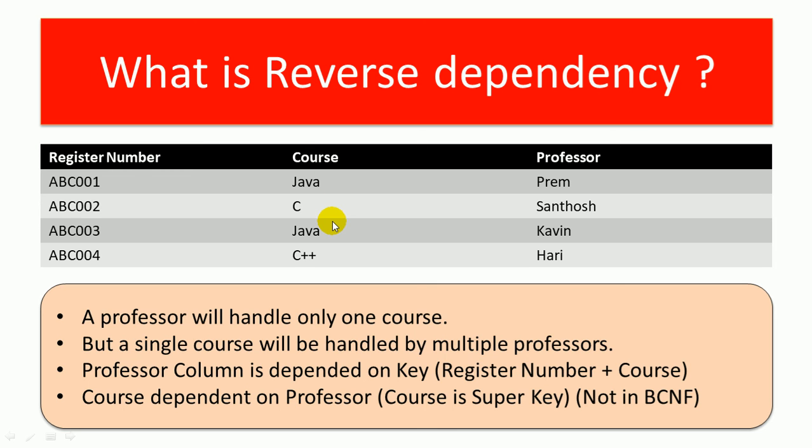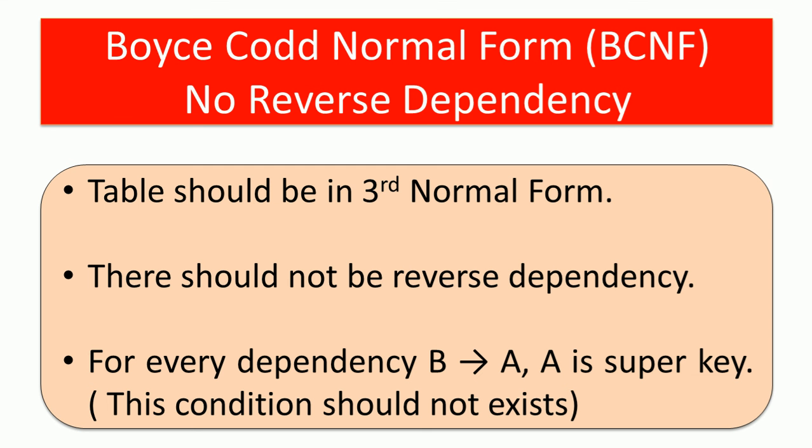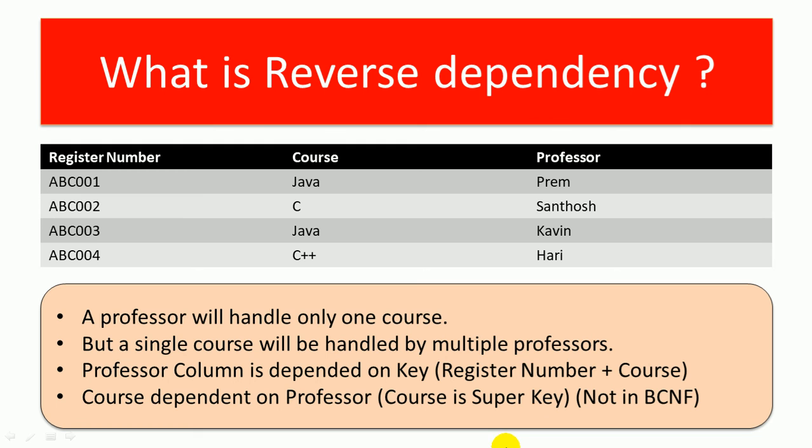And the second question, if I give a professor name and I get a single course name as a result, yes, it is. If I give the professor name as Raman, I will definitely get the course name Java as a result. So the course column is dependent on professor with these two questions. And coming back to our previous slide, the last point: column A that depends on column B, where A is a super key. So this is the exact condition that happened in this table. Column A, that is course, is dependent on professor, column B, where A is a super key. So super key is nothing but a part of a primary key or a part of a candidate key.